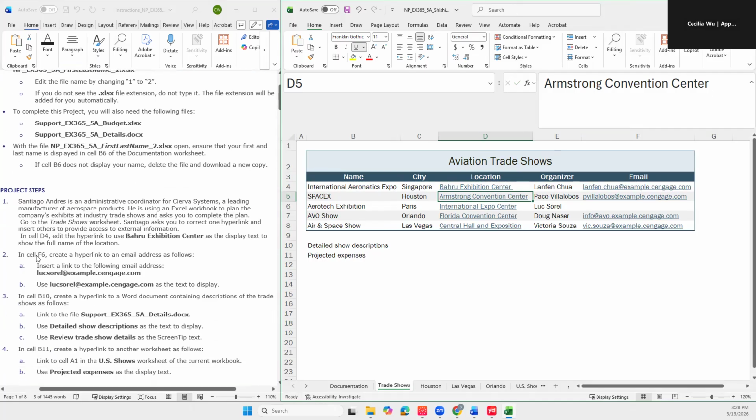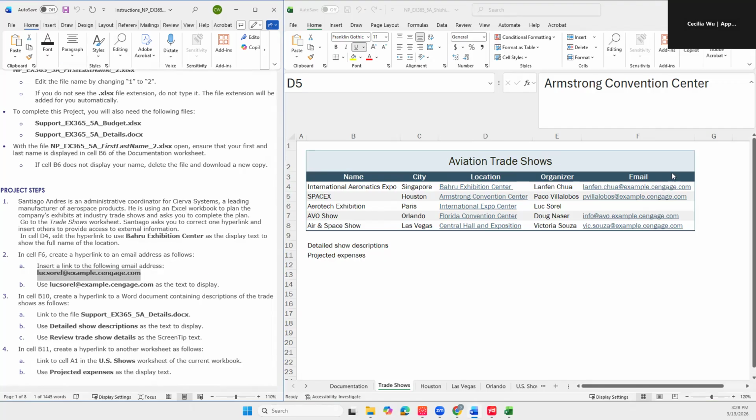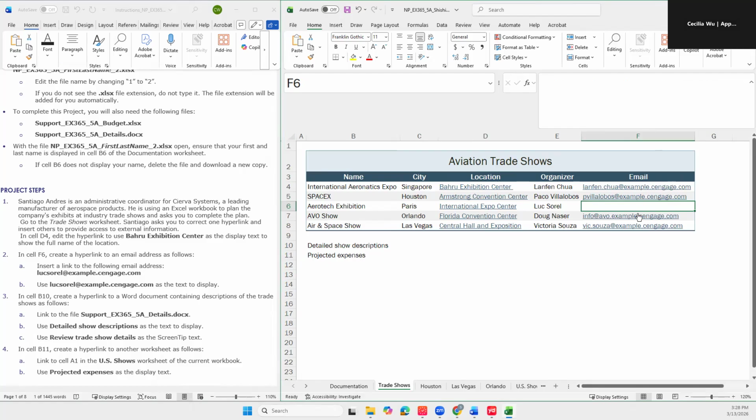Step number 2. In the cell F6, create a hyperlink to an email address as follows. Step A, insert a link to the following email address. Step B, use this email address as the text to display. So I want to put this email address here, and also I want to apply a link for that. So I first select this email address, Control C to copy that. Then I go back to the workbook. I click cell F6